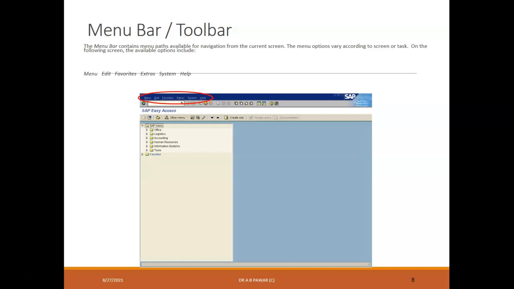On this screen, the options given are menu, edit, favorites, extras, system, help. Currently I am just going to log in and use SAP Easy Access, so I am getting its main menu bar available for my usage here.